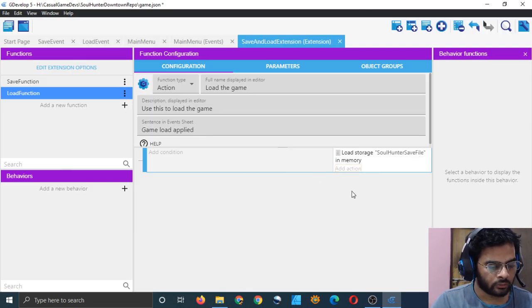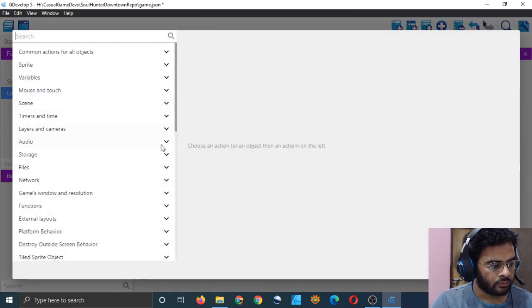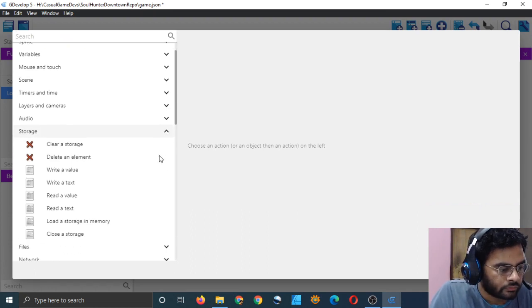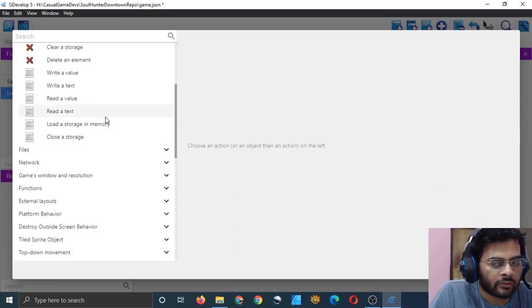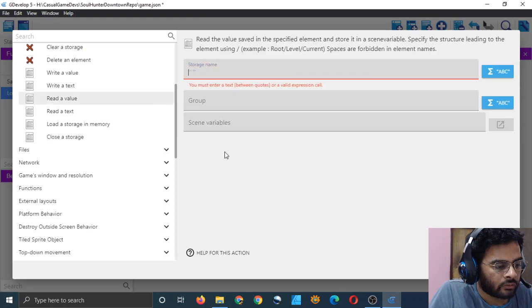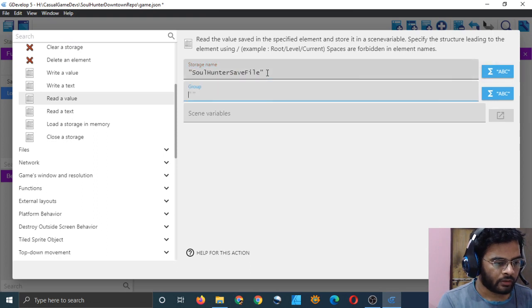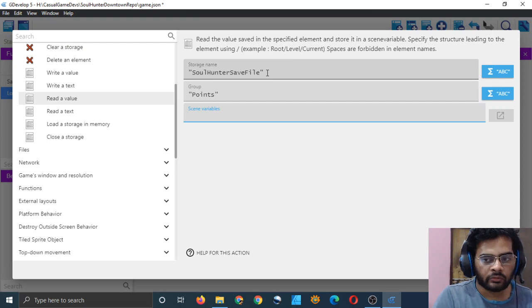And now I want to load the variables, all the variables which we have assigned, all the variables which we will save. I want to read a value, but it seems the group is points. It seems that I need a scene variable to store this.